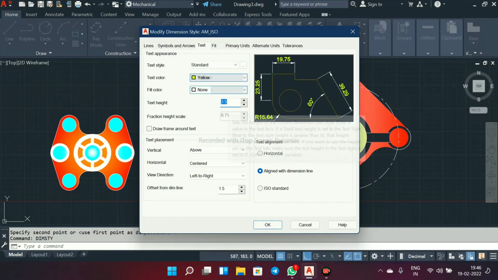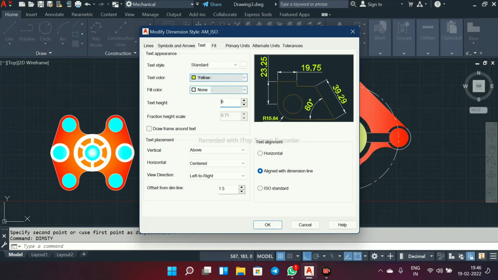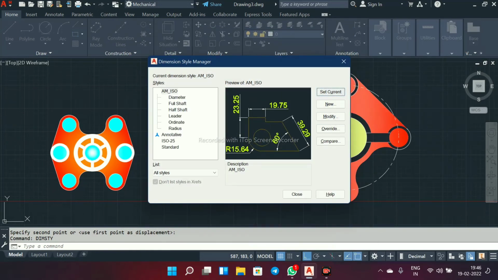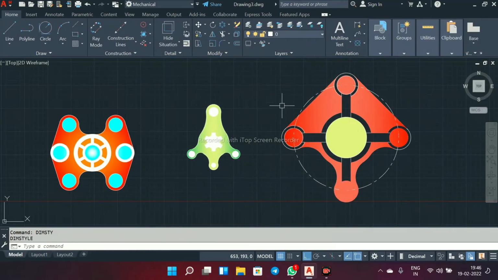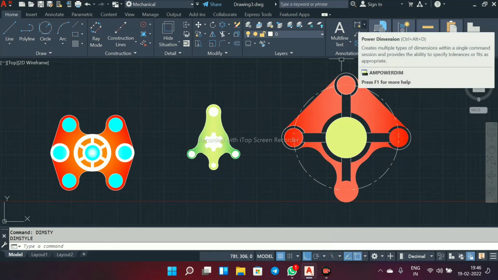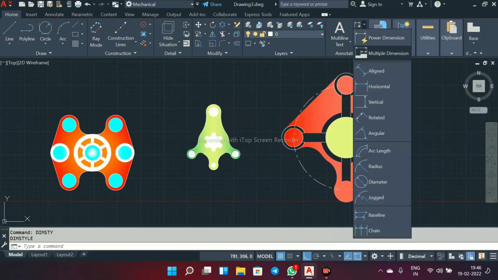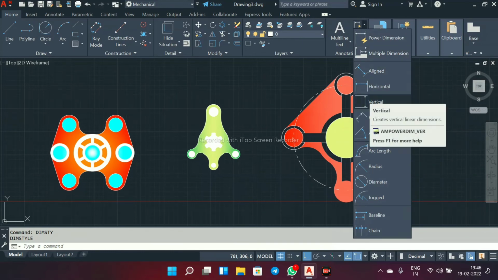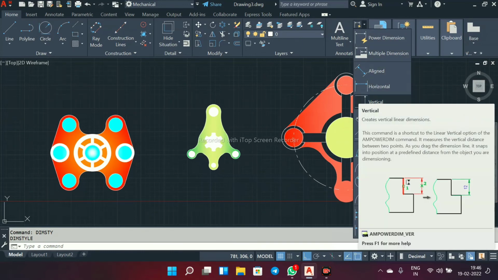Now the text I will give here, that is 6 mm. OK. Now go to set current and close it. Now give all dimensions here. Select here dimension underscore and whichever dimensions they have given in our drawing, we have to give that.